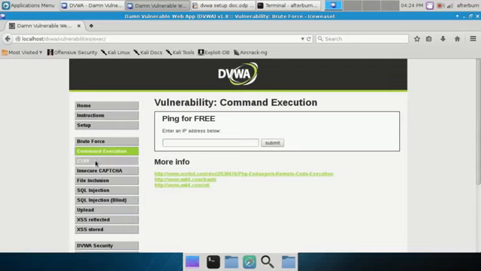Command execution is pretty much not sanitizing the data that the user enters after the predetermined variable is entered. So for instance, just to give you an idea of what we're going to do here, we're going to enter an IP address of 192.168.1.1, okay? And then after that, I'm going to enter an and, and then I'm going to just do ls -arl /var/www/html. Now if you hit submit,